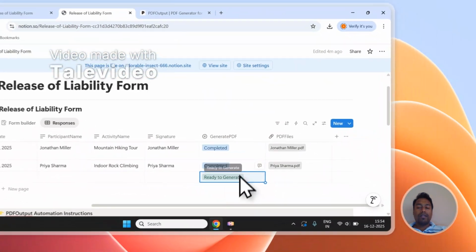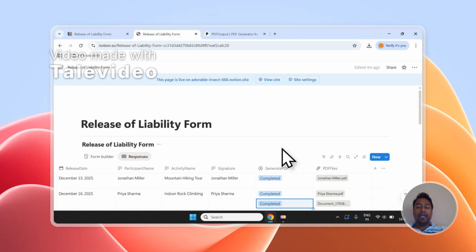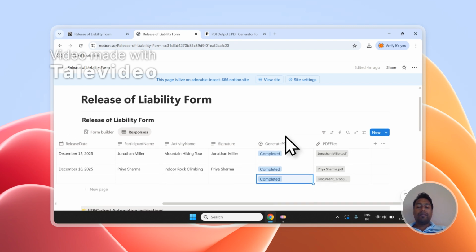So I hope you start automating your solutions for the PDF and generate the PDF directly inside the database. And I can see it has started processing this document, and it will soon be converted to PDF file right over here. So this is how the automation executes, and this is how it creates PDF directly inside the database. So I hope the entire explanation was clear to you, and I would be happy to see that you automate